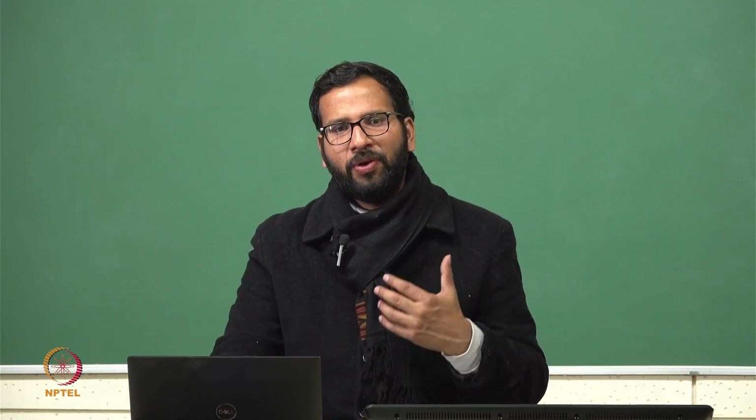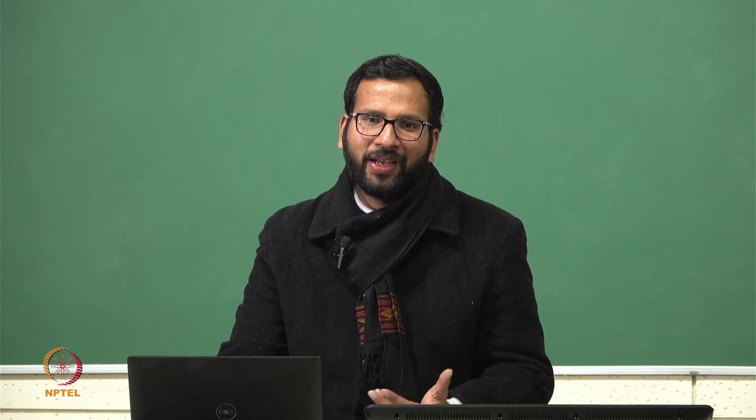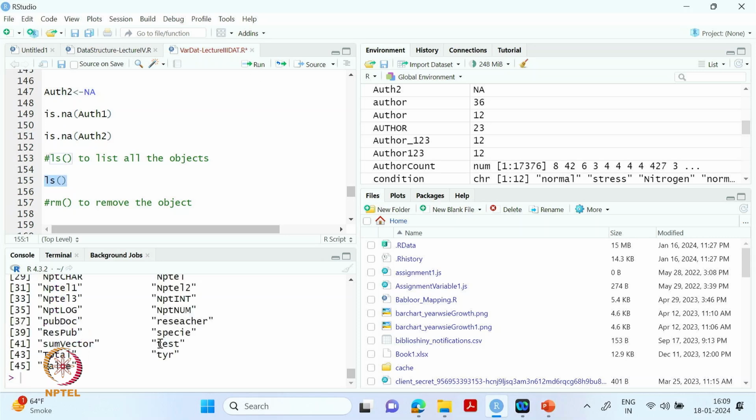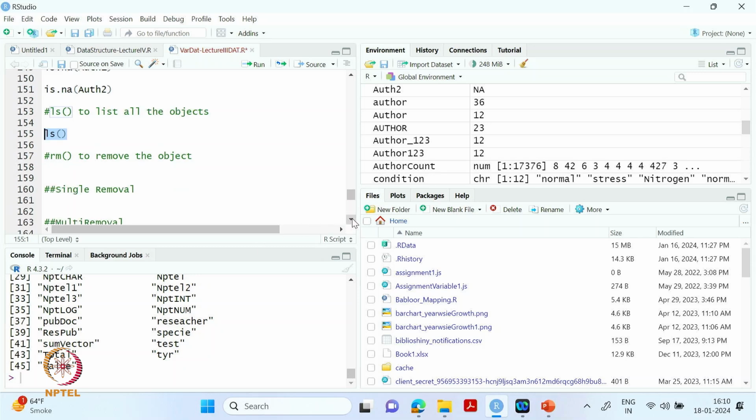So the last thing is that whenever you are doing the analysis, you will be creating a lot of objects. To know what all objects you have created during the analysis, you can use the command ls. If you run this ls, it will display all the object names you have created. Okay, so now for example, you want to remove some of these objects for any reason. For that you can use the command rm, which helps in removing an object. How do you do that? It's very simple. You use rm, and under this, for example, I want to remove the value object. Okay, if I run this,